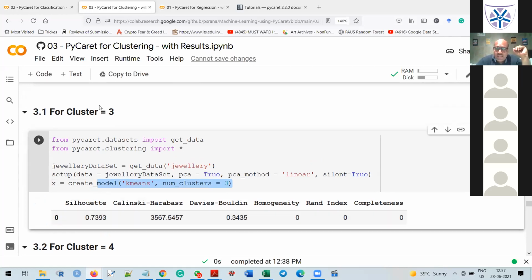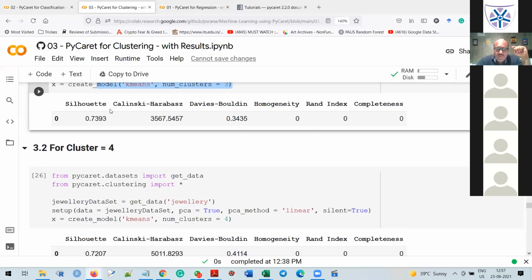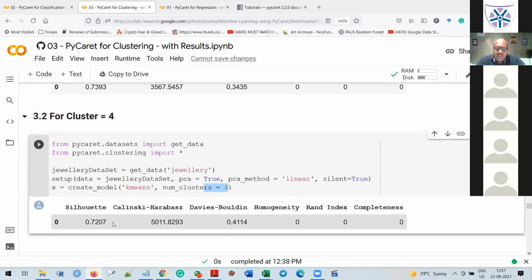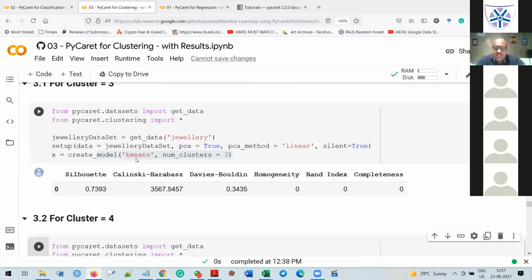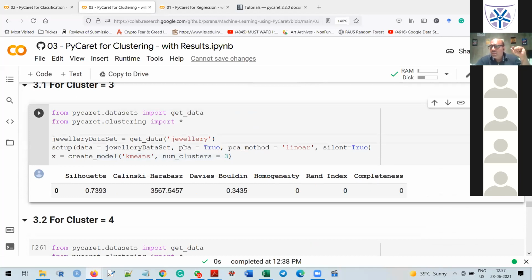Okay. I can also run for cluster number 4, so I am passing cluster as 4 and I am getting silhouette as 0.73. So class, we already found when applying the elbow plot that the optimum number of clusters is 3. So that is cross validated here. Why 3? Because when we are building the clustering model, we are getting the highest silhouette score. So both the things are justified.